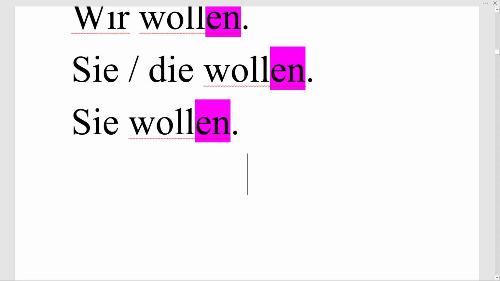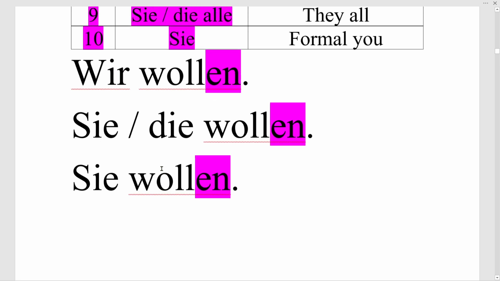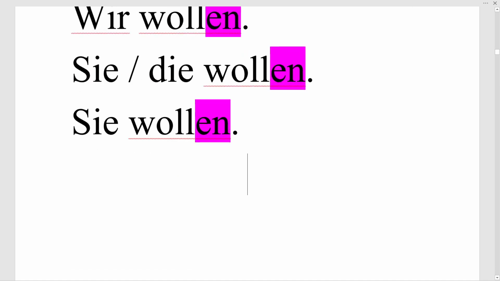So how we use the simple present in German. A very important thing to know. Before going to simple present, I'm going to teach you a new thing. So this wir wollen could also be used as a reminder, because this is also very important to be mentioned. So number one is going to be